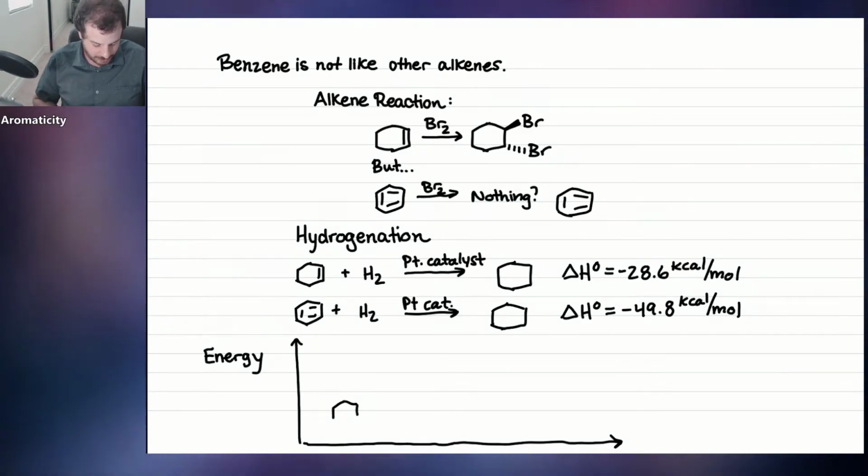So the first species we have is cyclohexene, with one double bond. When that was hydrogenated, it released 28.6 kcals per mole. Okay. Then they did it with two alkenes inside, something like this. And they found that the energy released nearly doubled. When they did this, it became negative 55.8.